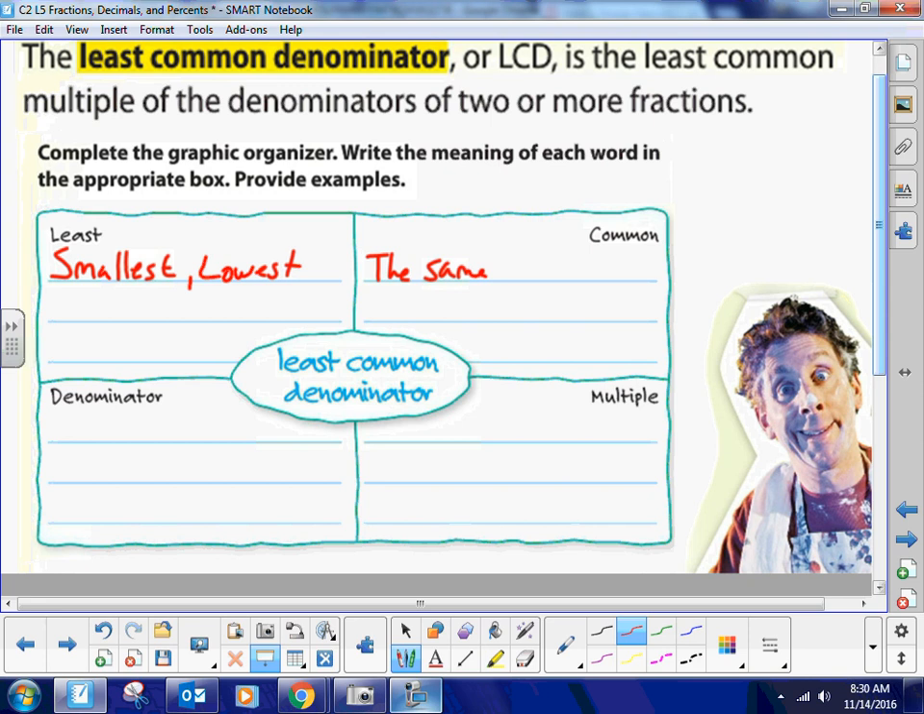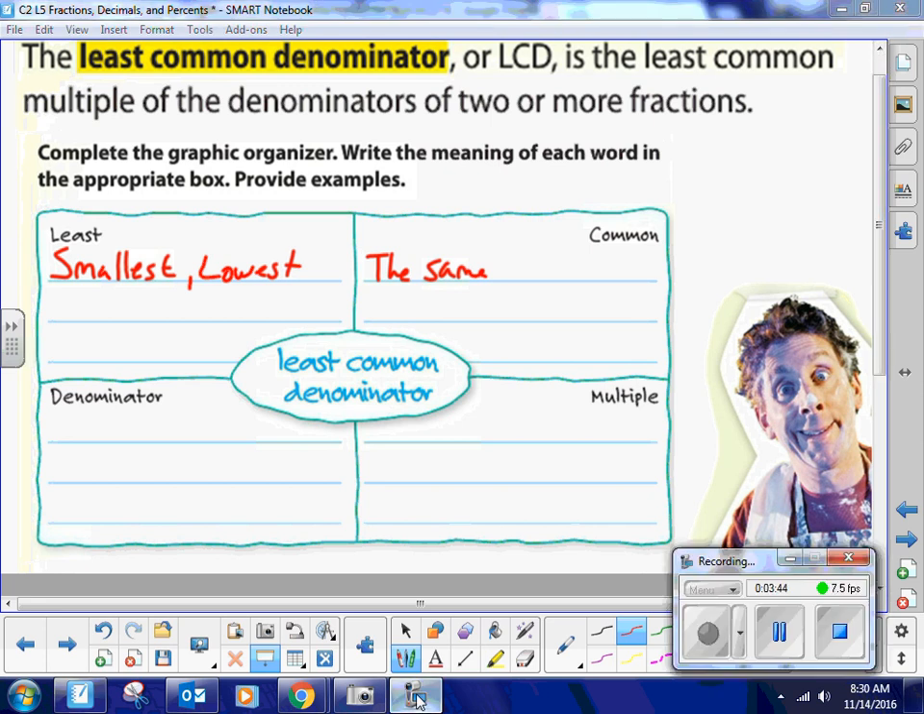Let me see if I can find a better way to do this. Okay, after that adventure, the denominator is the number on the bottom of a fraction,